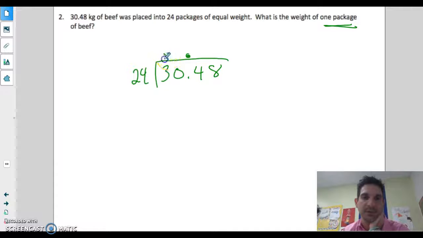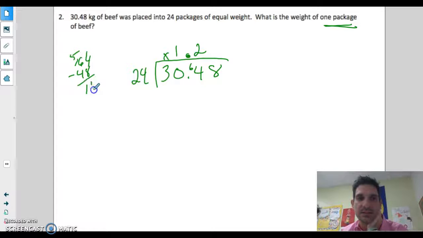Okay? 0, 1. There's a 6 there. 24 goes into 6. Well, it's probably at least twice because 2 is 48. So 48. So 64 minus 48 is 16. So now it's 168 and